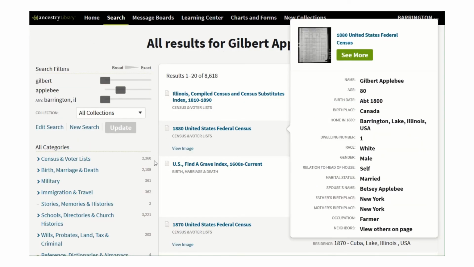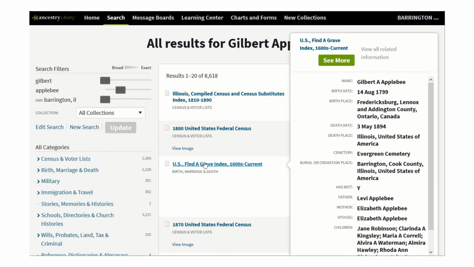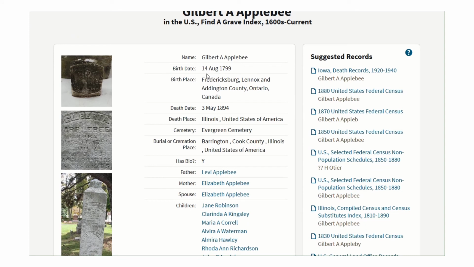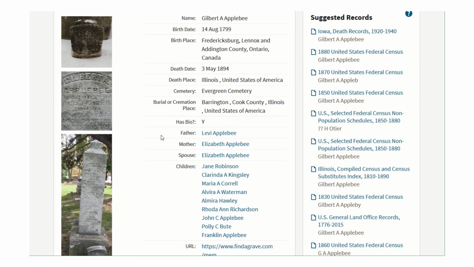Let's look at another record, U.S. Find a Grave Index. Here we learn even more about Gilbert. We have an actual birth date of August 14th, 1799. We have the county in Ontario, Canada where he was born, and we also have a death date of May 3rd, 1894. We also learn that he's buried right here in Evergreen Cemetery in Barrington,